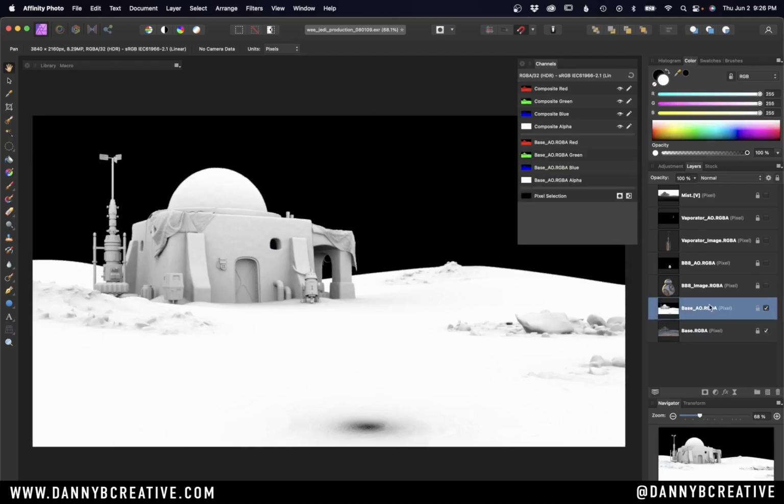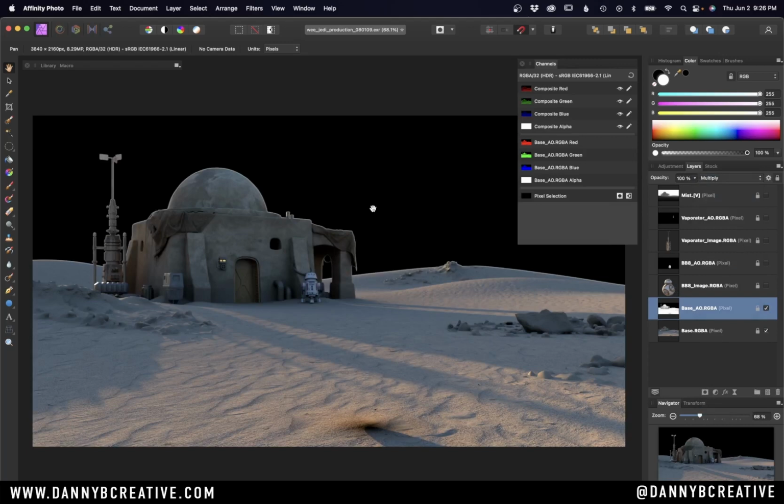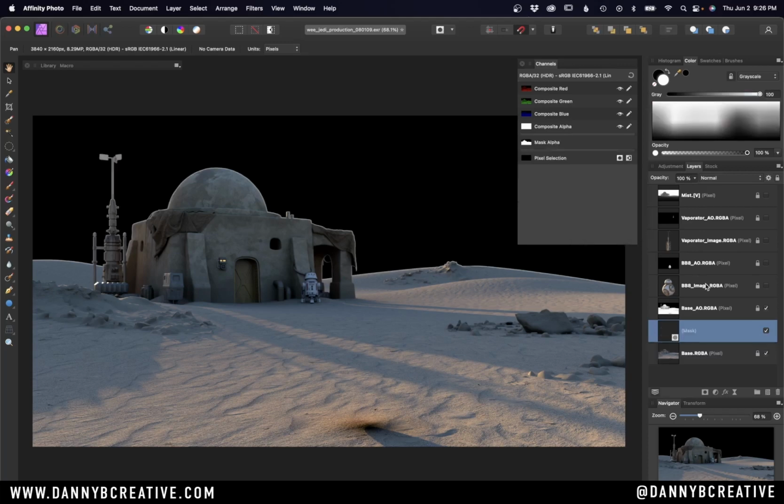The other way to do it, which I think is kind of cool, let me go ahead and just multiply this. Okay, so you can see that it's not alpha channel. Now, the EXR file that I imported contained alpha channels for all of the layers that are transparent. So the base, the BB8, and the vaporator, right? But you don't see them in the layers panel. But if I select the layer, and then I go to my channels panel, you can see there it is, base.rgba alpha. There it is. In this particular case, if I were to right click on this and say create mask layer,